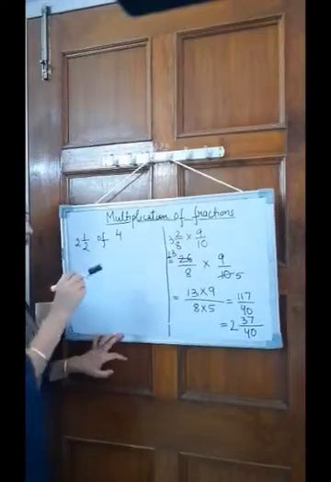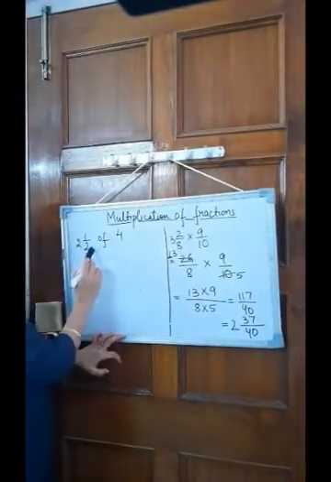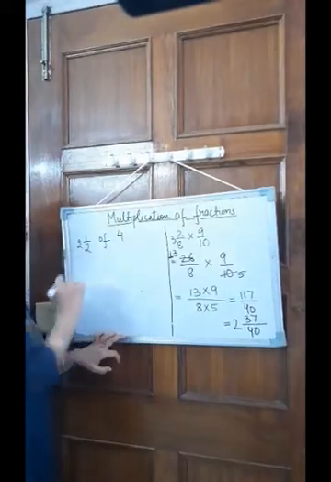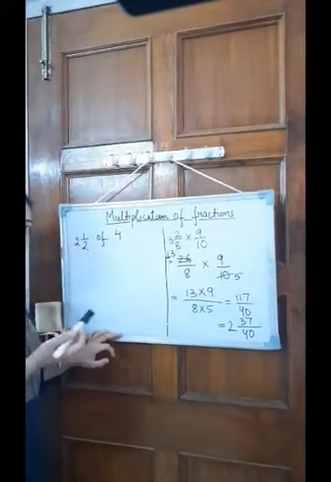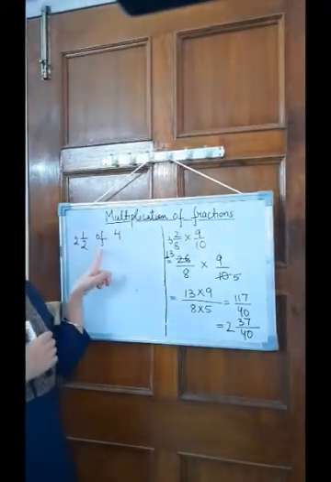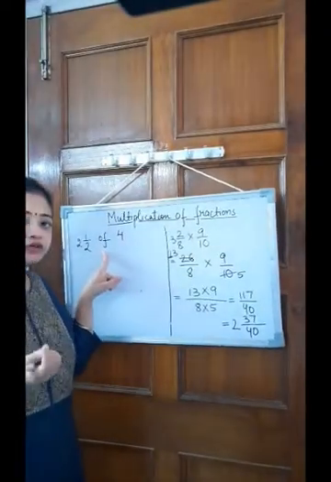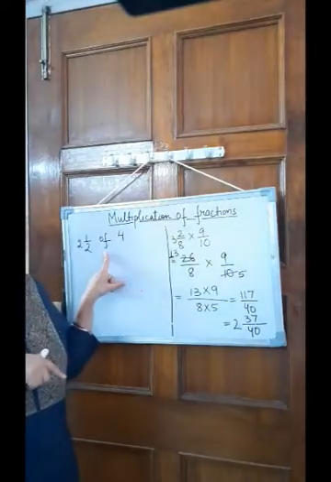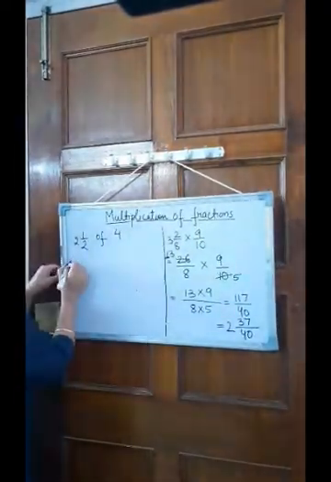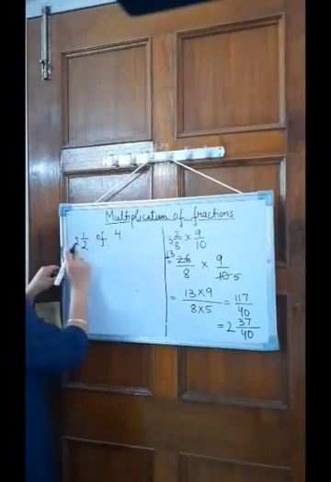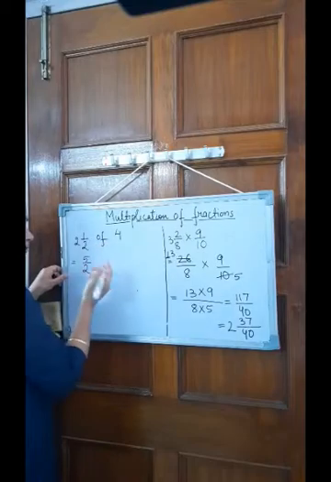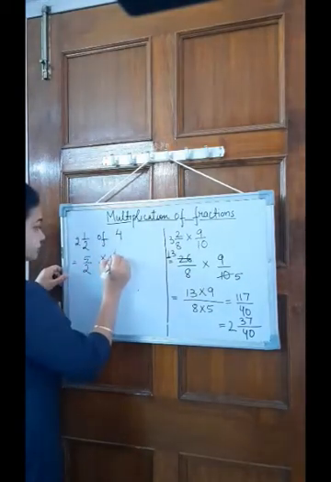So in this case what we have taken is 2 whole 1 by 2 of 4. So of means what? Of means multiplication. So in this case where you get this word of, what we do, we first convert this of into a multiplication sign and then we further solve it. So convert this also. This will be 5 by 2. Of means multiply, so we will multiply 4.